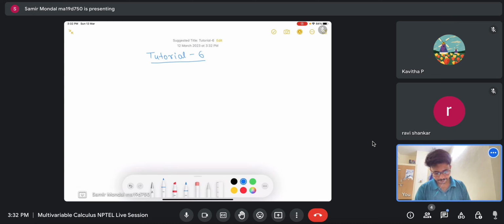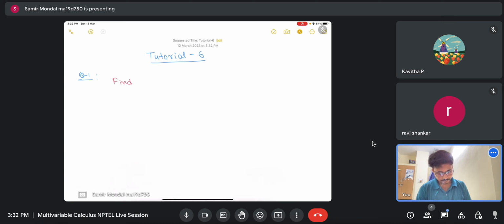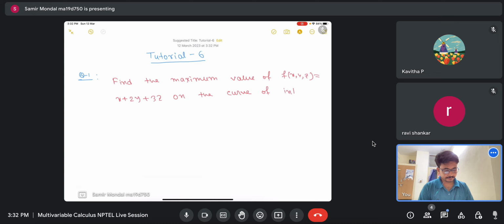The problem is: find the maximum value of f(x, y, z) = x + 2y + 3z on the curve of intersection of the plane g(x, y, z) = x - y + z - 1 = 0,